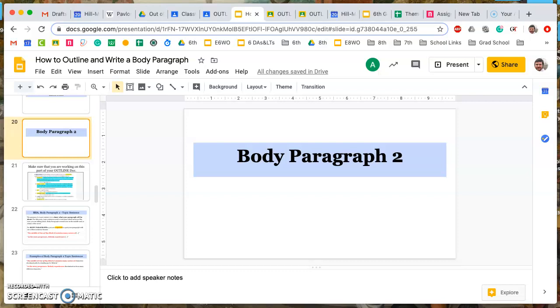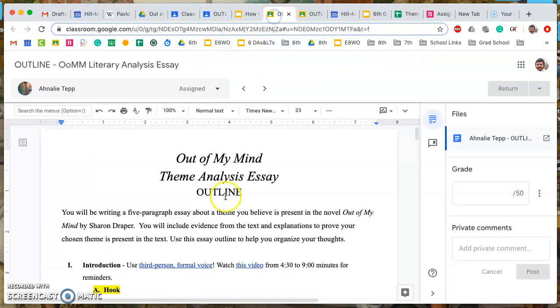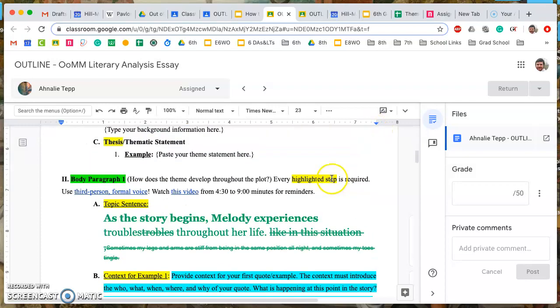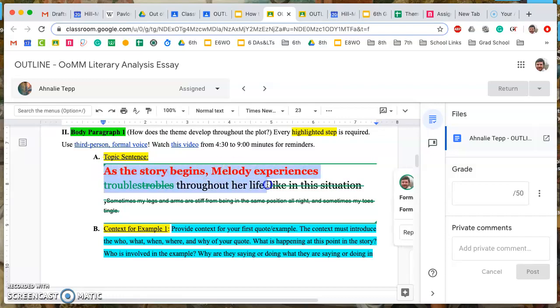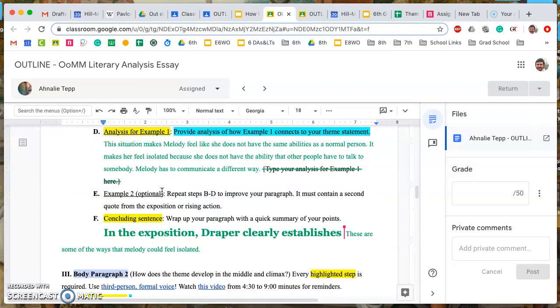Alright guys, we are just going to review a little bit of how to write body paragraph 2. Now, I'm going to go over some samples of some people that did body paragraph 1 pretty well. If we look at this, we've got this organized in topic sentences. This is somebody who had their topic sentence with their sentence frame, and they used a topic sentence well and put it under the topic sentence part of the outline. You'll need to end up doing the same thing